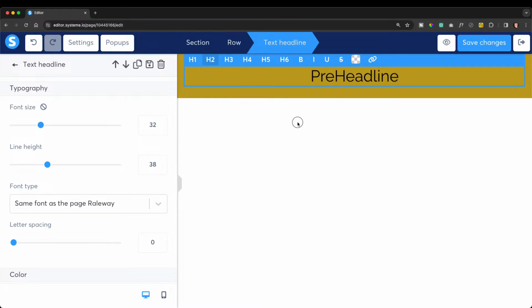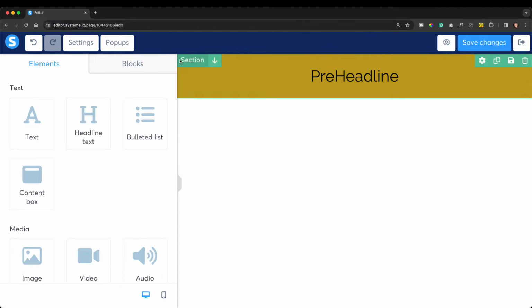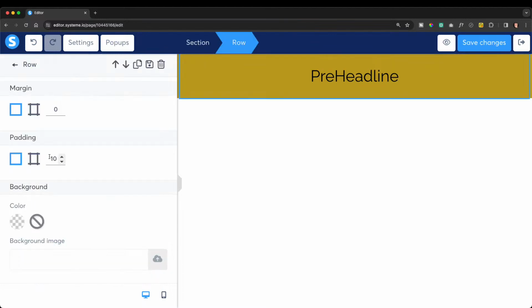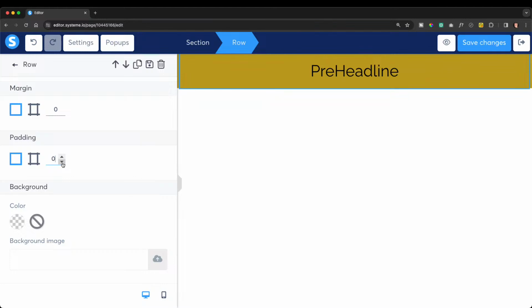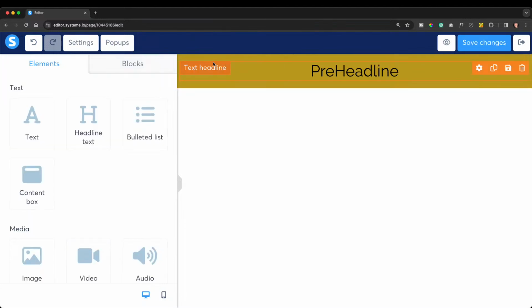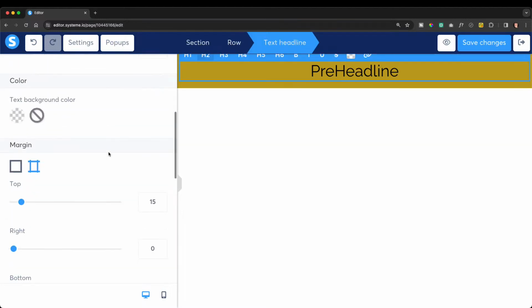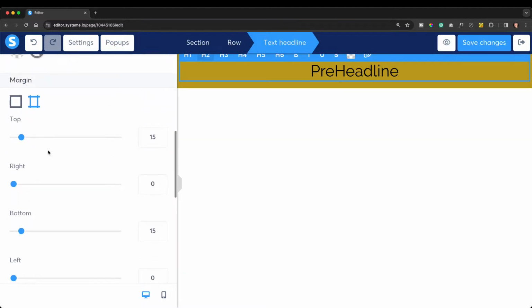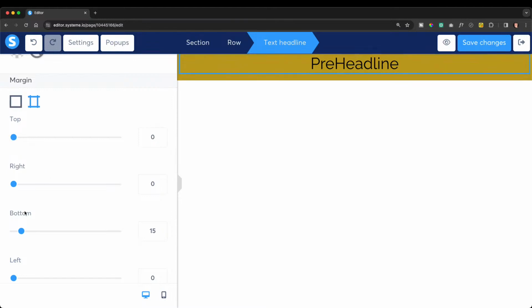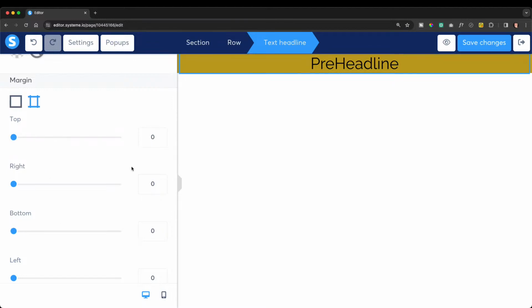Okay, so that there is your section. What we will also do is take the padding off of the row. So it works in 3 ways. You've got section, rows, and then text headlines. And what we're going to do here again is remove the top and bottom padding just so that we can